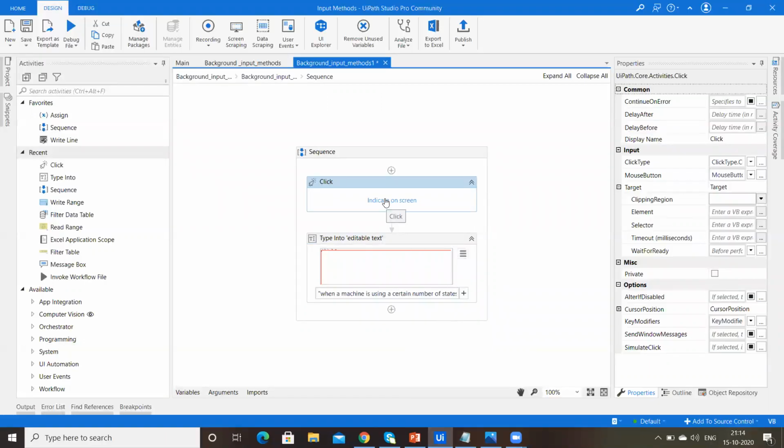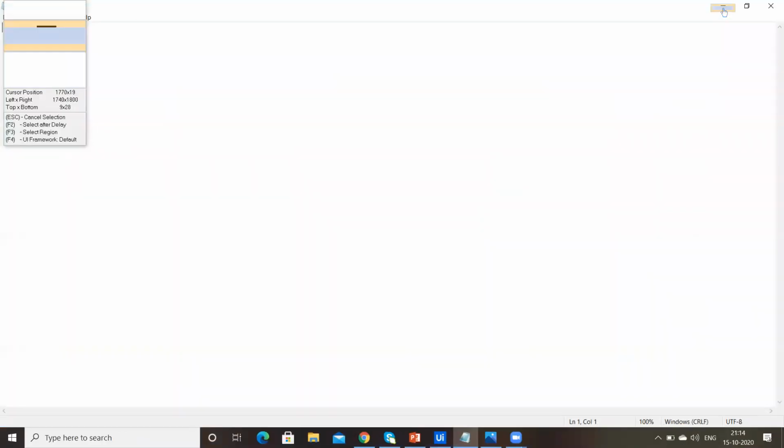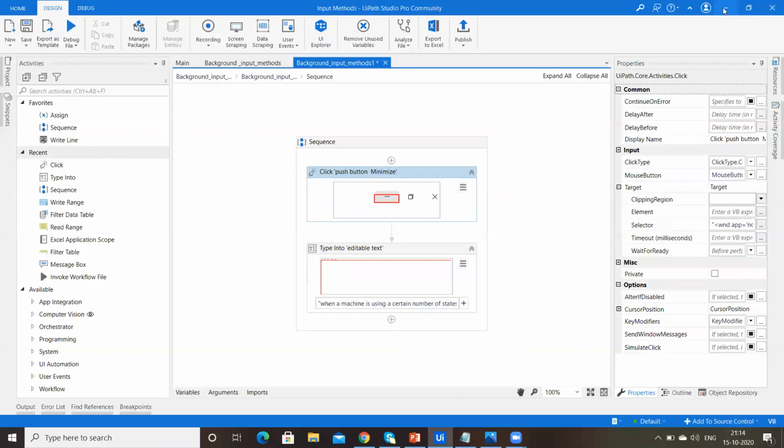Just click on indicate element on screen. Select this minimize option. If it works with background execution, first it will minimize the notepad. Then it will run, right? Run.